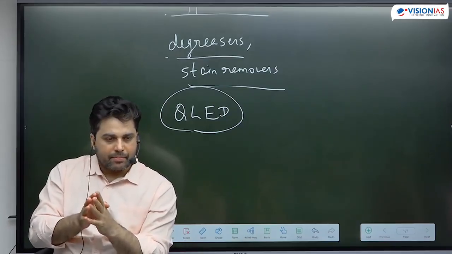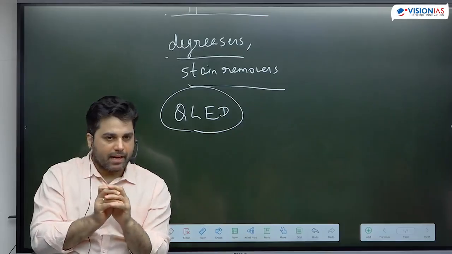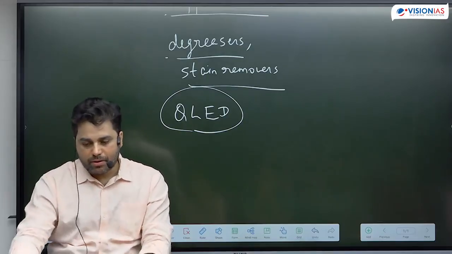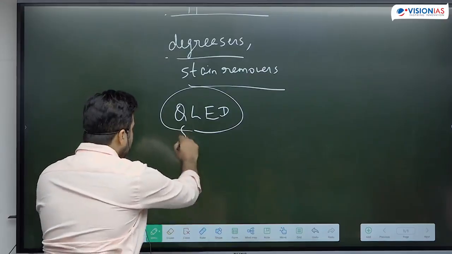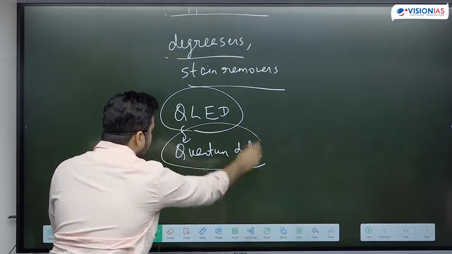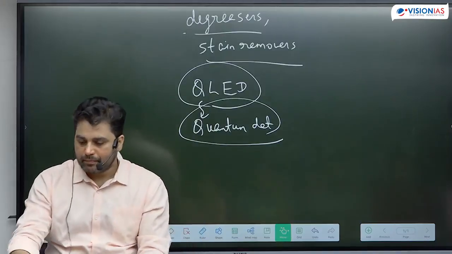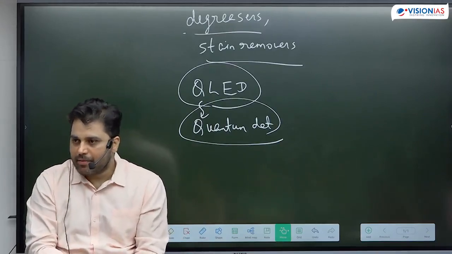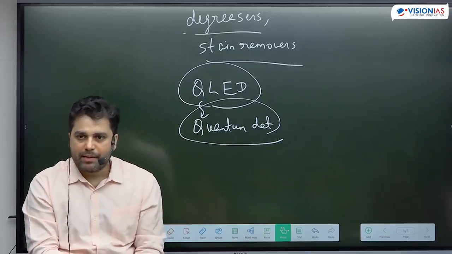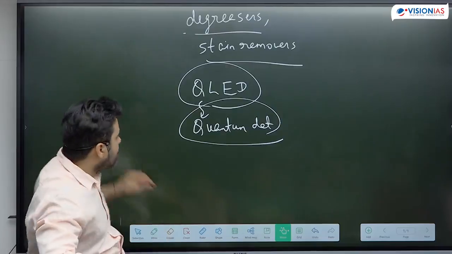In QLED TV, it is very similar to that LCD LED I talked about earlier, but the difference here is that at the front of the TV, rather than using those filters, we use a particular nanomaterial called quantum dots. So Q here signifies a material called quantum dot. Now what is a quantum dot? I'm going to explain this in this module itself. It is a very specific type of nanomaterial, but the property of this nanomaterial is that if you keep it in some light source, it can emit light of various colors just by changing the size.